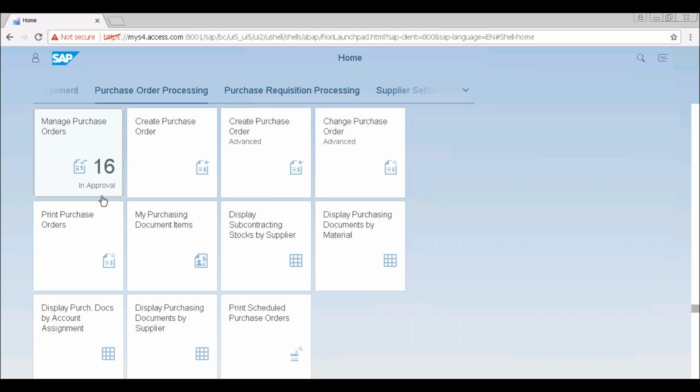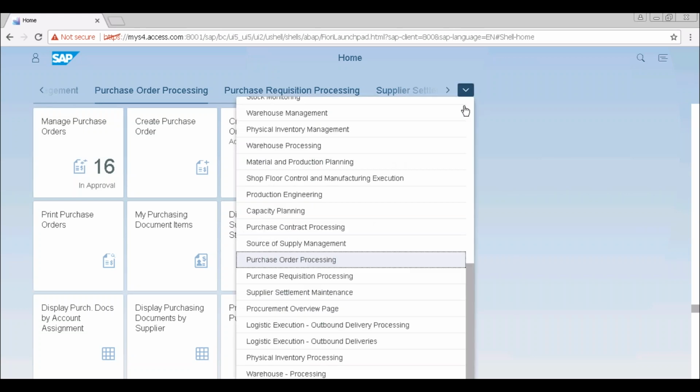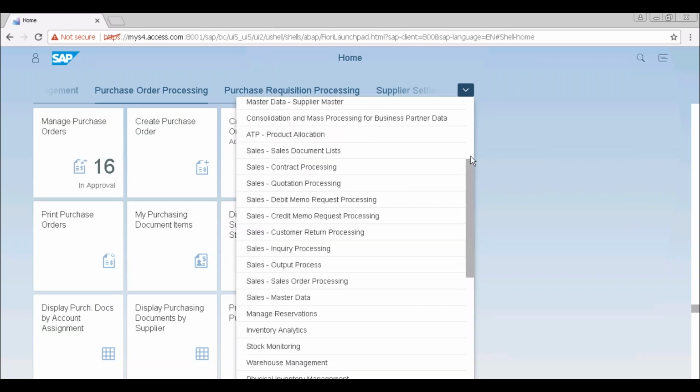Similarly, if I am a sales manager, I want to see how many sales orders are in error. Maybe because of delivery issues, maybe because of invoicing issues. I want to know how many sales orders are in error. So instead of going into the particular sales order screen and finding out why this order is in error, what I can do is there is a sales order fulfillment cockpit here, which are also fact sheets. So let me just show you